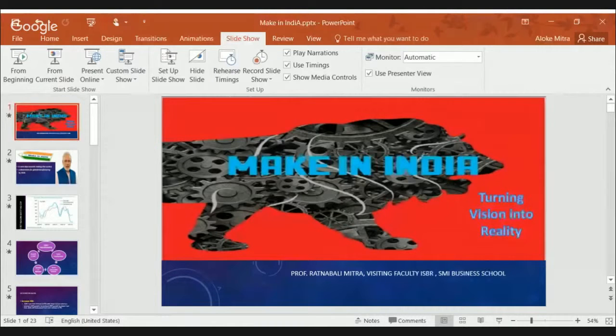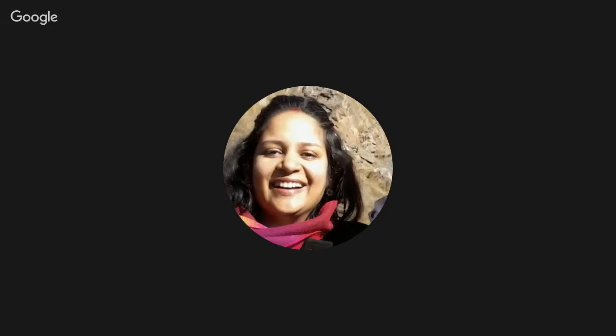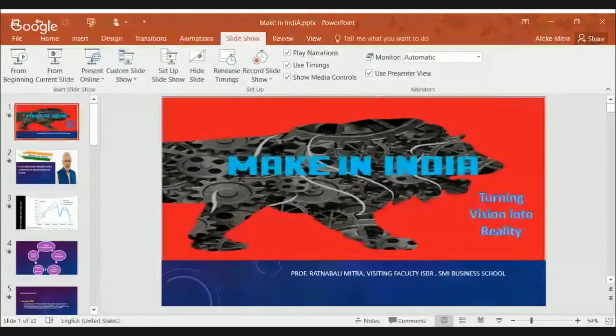Mr. Modi has come to power on the plank of development and not on the plank of any social objectives. Prior to his coming to power, most political parties have only used social objectives to win elections in India. The primary objective of this Make in India campaign is to boost GDP growth through manufacturing growth in key sectors